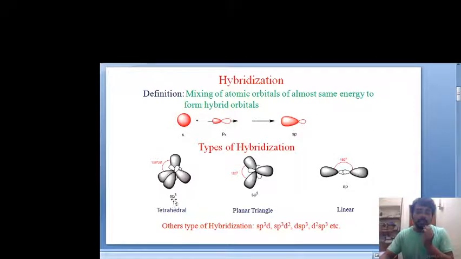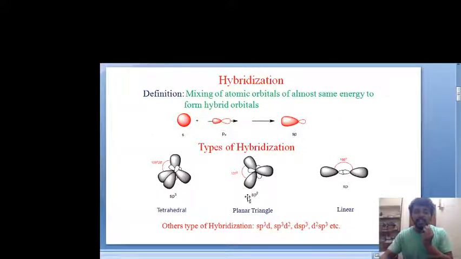In the sp3 hybridization, one s orbital and three perpendicular oriented p orbitals overlap. They form the sp3 hybrid orbitals. Here the four lobes do not maintain planarity, because each of these lobes has some electron density. That's why stronger repulsion always takes place, so they are not in the same plane. All four lobes are not in the same plane, so their structure looks like a tetrahedral structure.